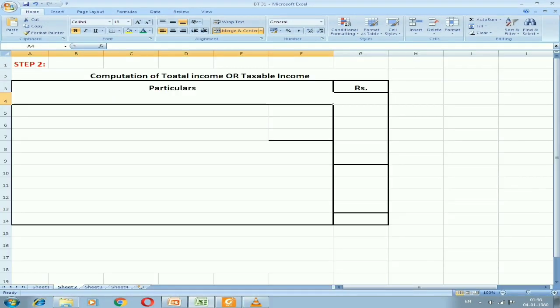Let us start with the second step, which is the heading of computation of total income or taxable income. For this, we are always going to start with the heads of income. We will have 4 heads of income except salary. So the first head of income is income from house property. While calculating this, we are supposed to take the incomes that will be mentioned in the illustration, as well as whatever income we have taken in the first step under non-business income credited to profit and loss account. You can see that income and you can record here. The first income is income from house property. So let us see whether we have that income or not.